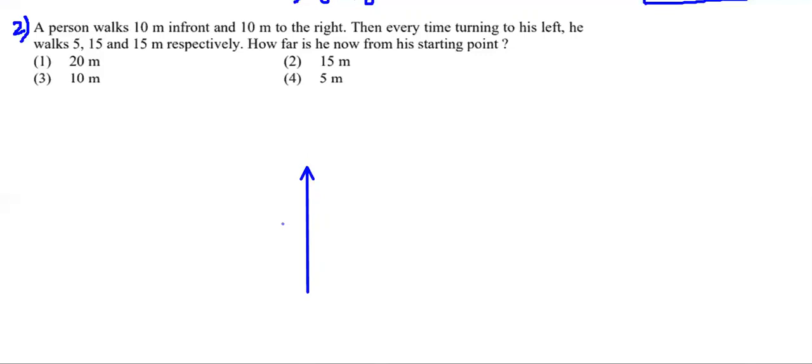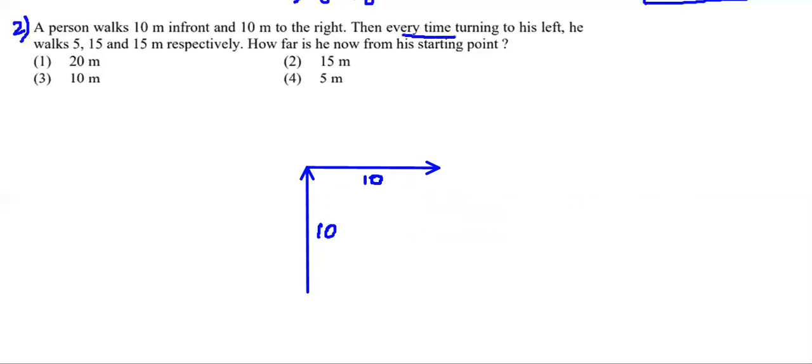So this distance is going to be 10 meters. Let's just note it. And then 10 meters to the right. So from that point, that person is going to move 10 meters to the right. Right hand side means the person should be moving like this. Yeah, 10 more meters to the right hand side. This would give sense when we mark 10 here. So let's note 10 here also. Yes, fine. Let's continue the question.